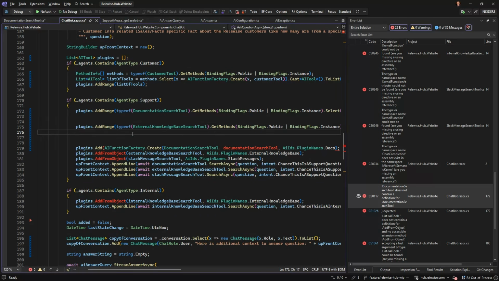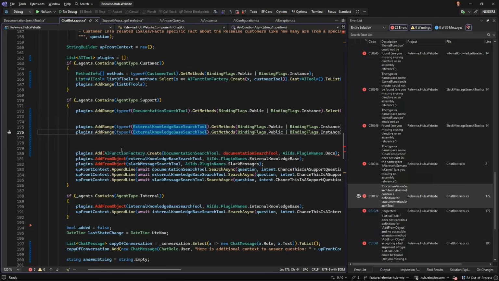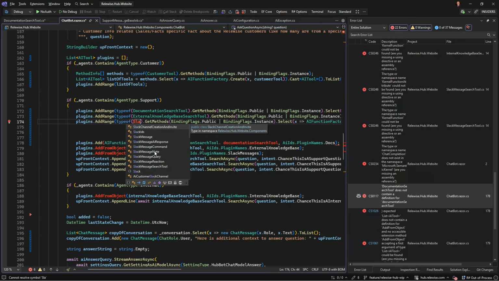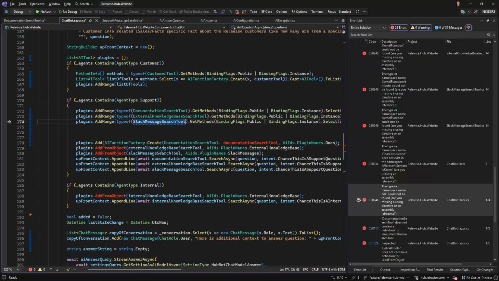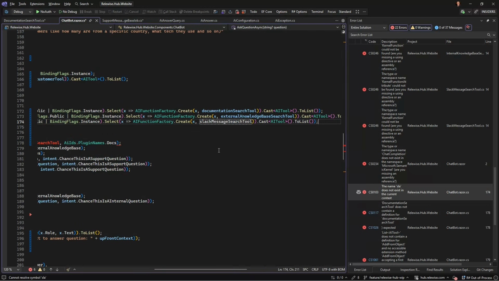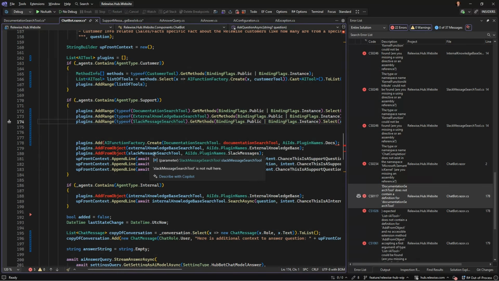And the Slack search tool. So we need one more of these. Slack search tool. So we got those.